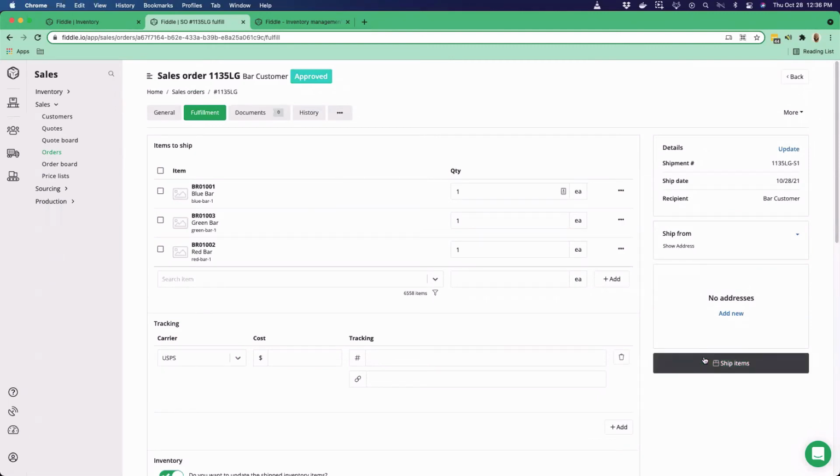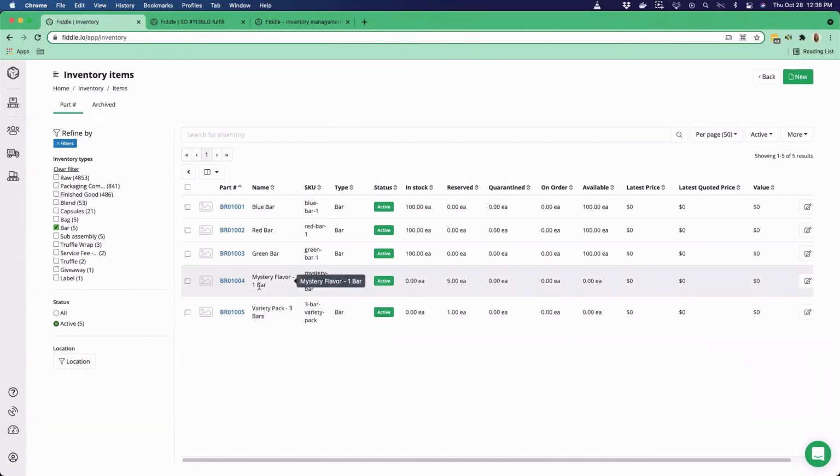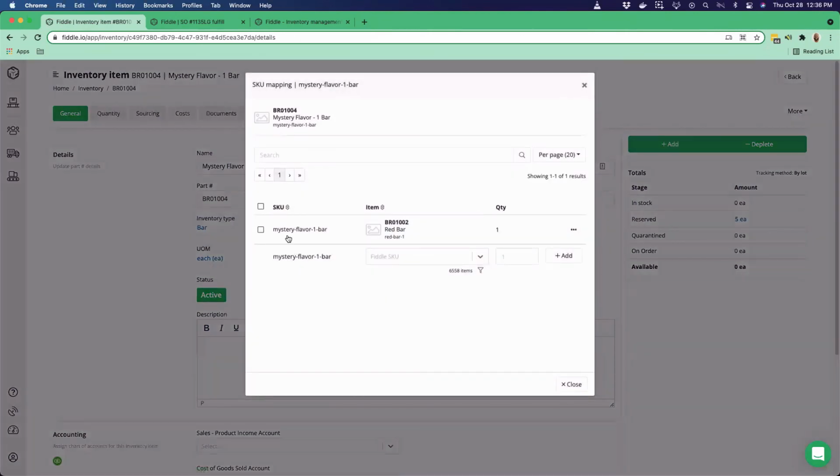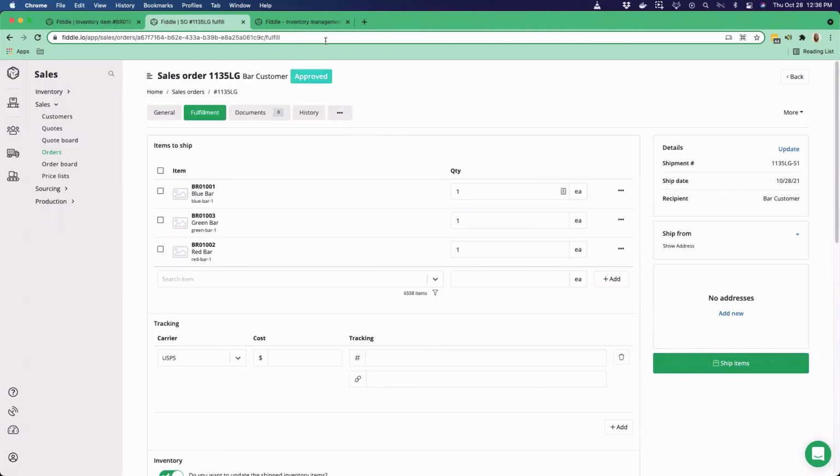And so hopefully this feature is really straightforward as to how it works. And you can see how it doesn't actually require you to do much additional work, or if any at all. So let me show you the example for that mystery flavor. So again, let's remind ourselves, I've got a mystery flavor here. And if I look at the SKU mapping, this has been mapped to one red bar. So let's go create